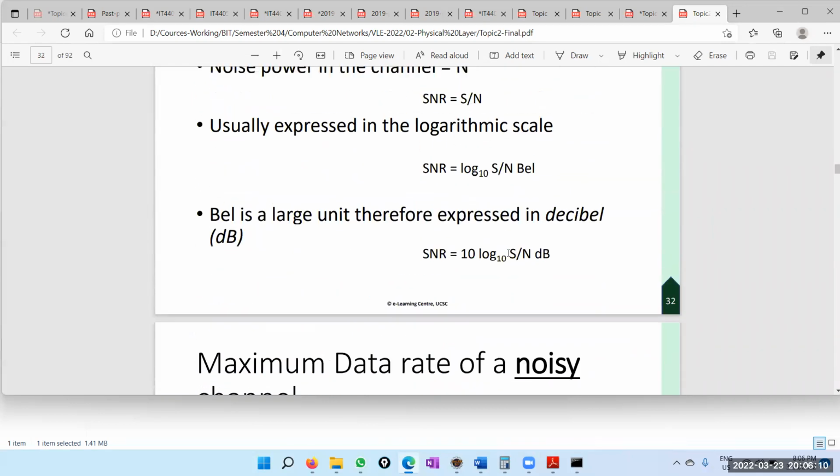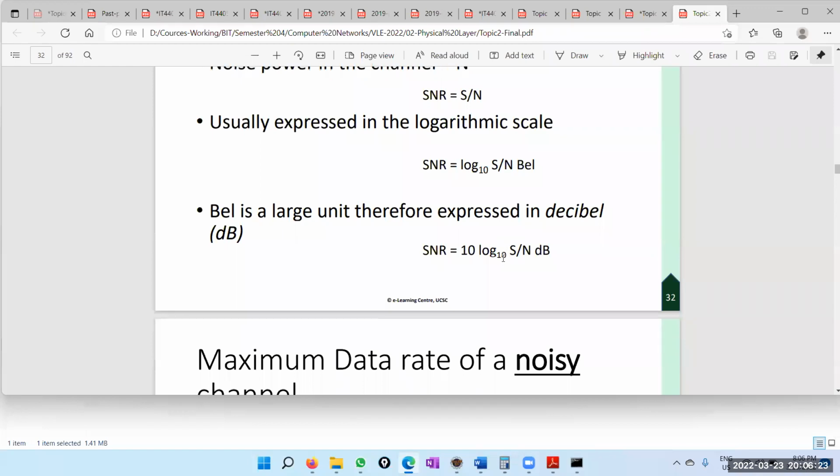So that is if it is decibel, log 10. If the signal to noise ratio is given in decibel, you use log 10. But if it is not in decibel, just given as a fraction, then you have to use